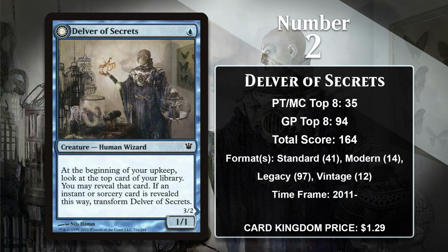It's played in decks which seek to win the game using nice efficient creatures like the Delver, but also pack a bunch of spells like counter magic to protect it, not to mention other spell payoffs like those we've seen in this video, like Young Pyromancer and Dreadhorde Arcanist. Delver decks have found success in every format they've been legal in, and it's likely that will continue, and Delver of Secrets is likely to gain more points, but it may never catch the number 1 card on this list,